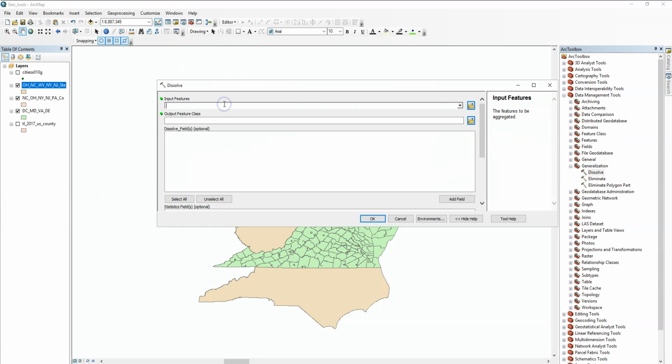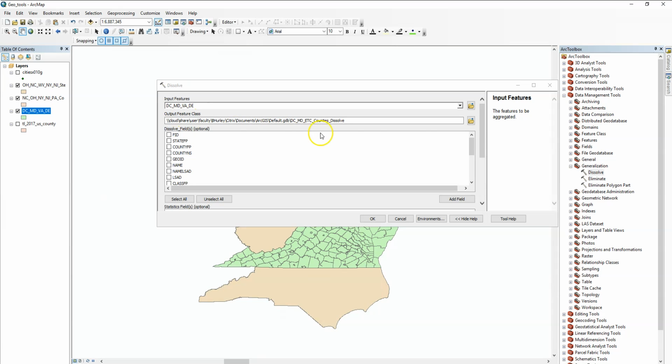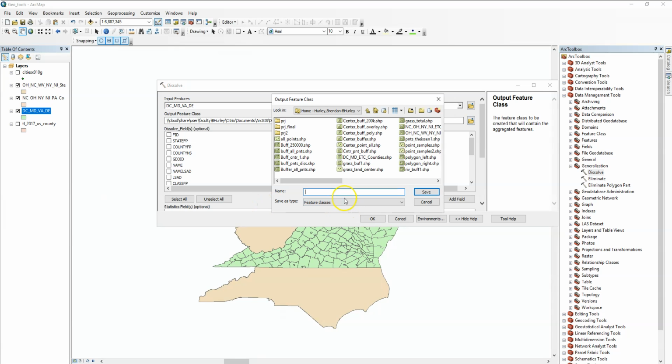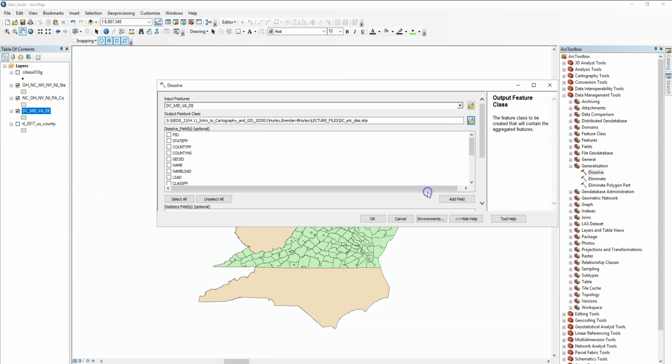In here, for input features, we're going to load DC, Maryland, Virginia, and Delaware. Now it's going to ask you, let me go ahead and change the name, we'll say DC, etc., dissolve. It's going to ask under what field you want to dissolve it. This will be compared in the next analysis to what happens if you don't select it. In this case, we're going to select state FIPS code, and what it's going to produce is individual state files